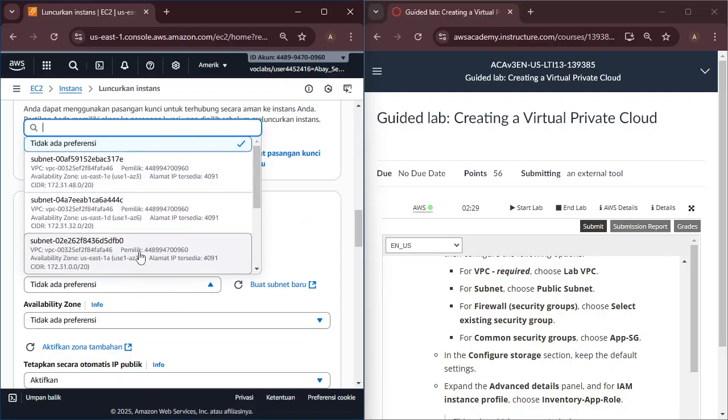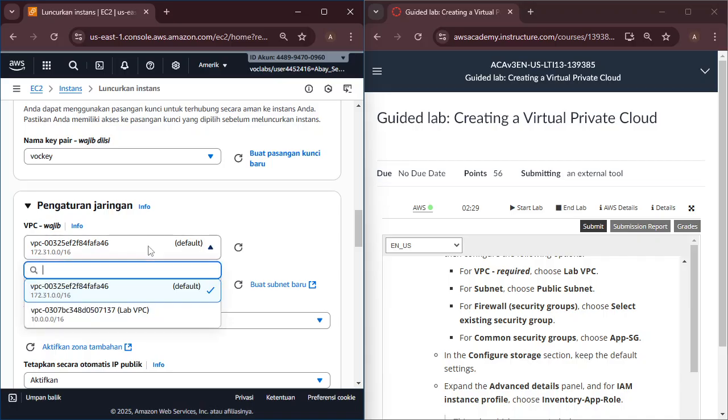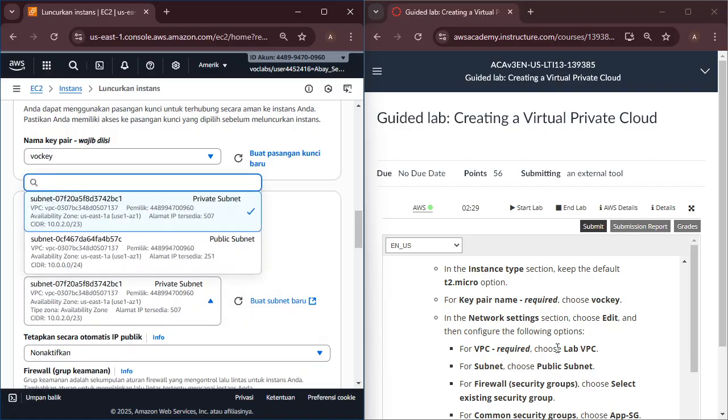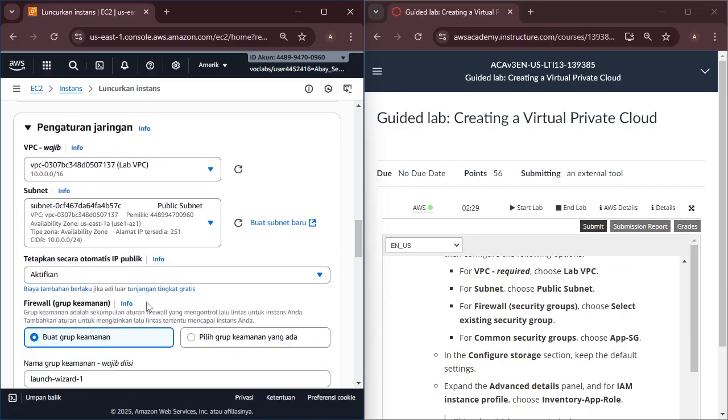Public subnet. Under network settings, choose the VPC, select the lab VPC. Then for subnet, we choose the public subnet. For firewall, select an existing security group.